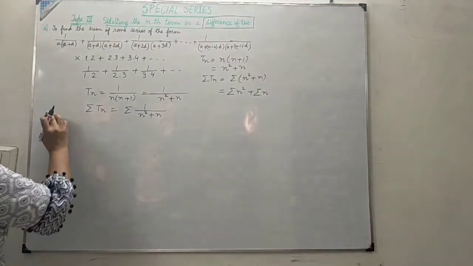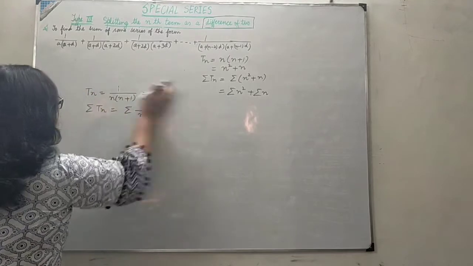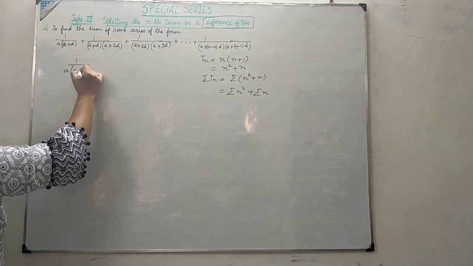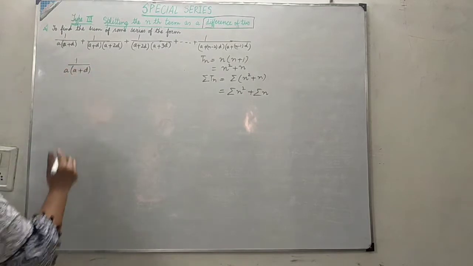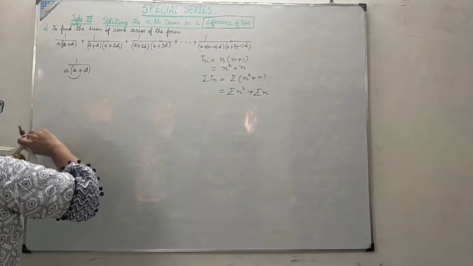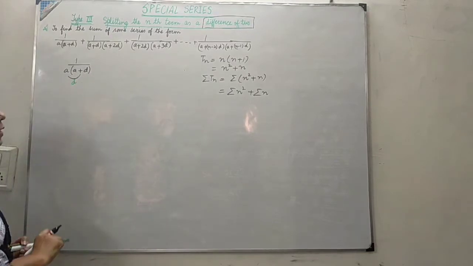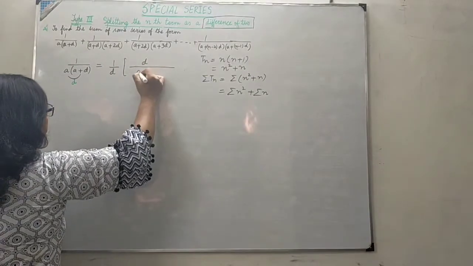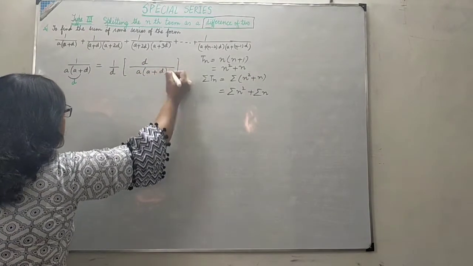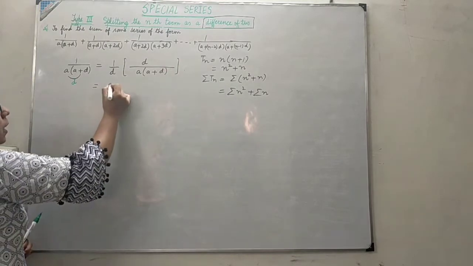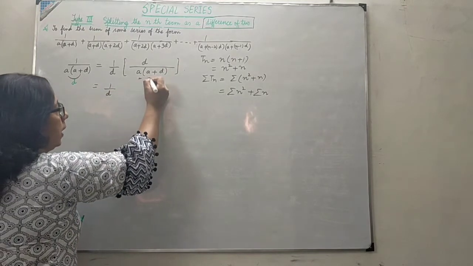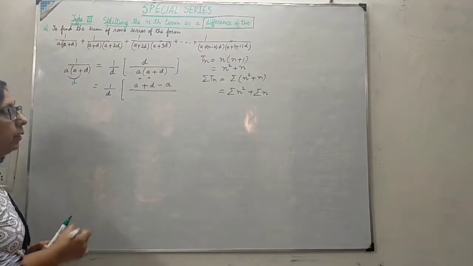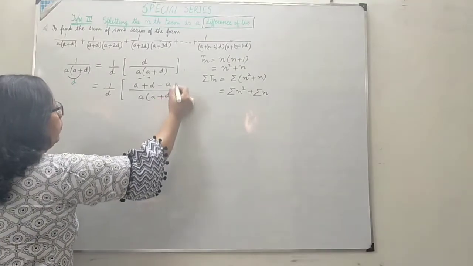See how. Let us take first of all this procedure. Let me write the first term a into a plus d. Now you can see over here there is a difference of d. If the difference is d, what will I do? I divide by d and multiply by d and the remaining part as it is. And further I will add and subtract this a, so a plus d minus a, and this will remain the same.